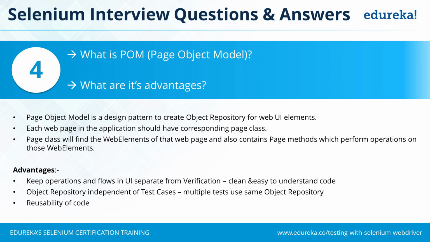So what we want to do is, for instance, I have one page for which I'm writing 10 different test cases. I don't want to create the objects 10 times. What I want to do is create the object once, write the code for the object once, and let all these classes which want the objects on the same page come to the object repository, pick up the object of their choice, do their operation and just get back the results. And this also encourages extreme code reusability. So whatever code you have written will be utilized by different classes, and hence you can achieve more code reusability.